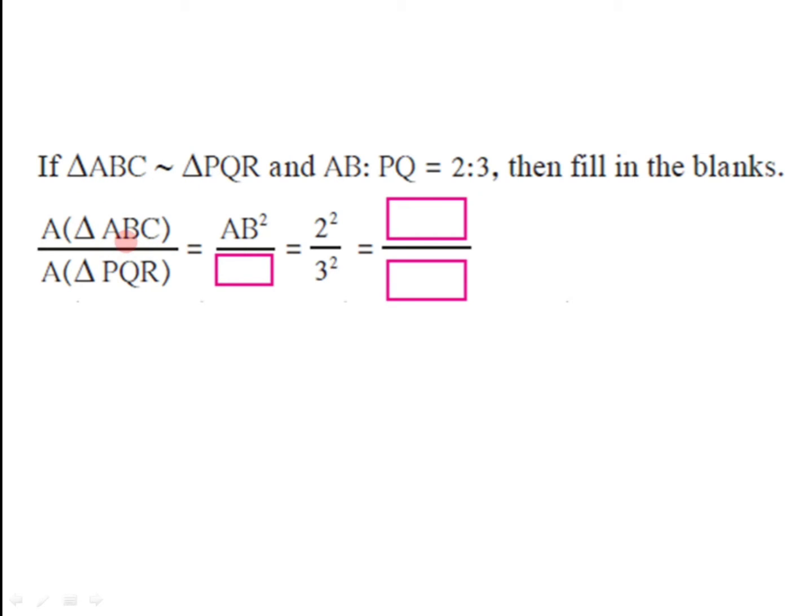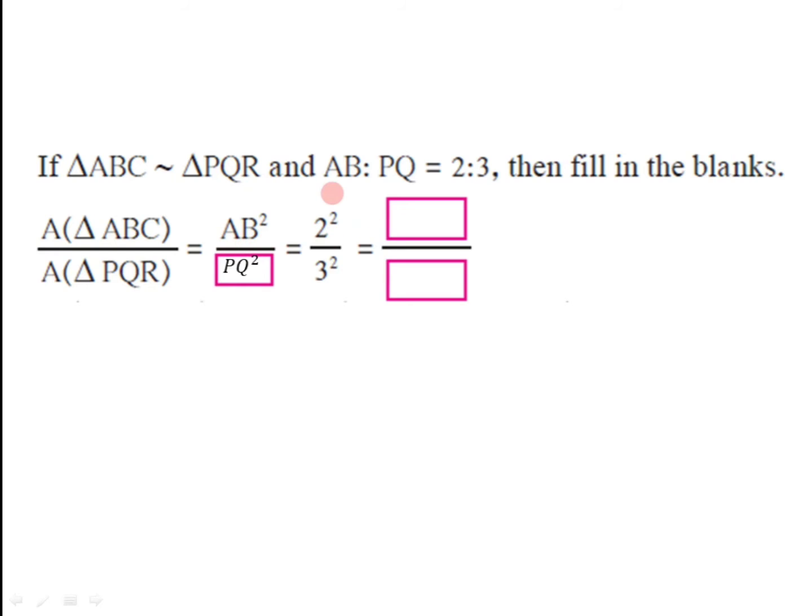So by using the theorem of areas of similar triangles, we can write area of triangle ABC divided by area of triangle PQR is equal to AB square divided by, now we have to take the corresponding side of AB in triangle PQR. As we have taken side AB, that is the first and the second vertex, we have to take the first and the second vertex of triangle PQR, which is PQ, the corresponding side of AB. In the denominator, we should write PQ square, as area of triangle ABC divided by area of triangle PQR is equal to AB square divided by PQ square.